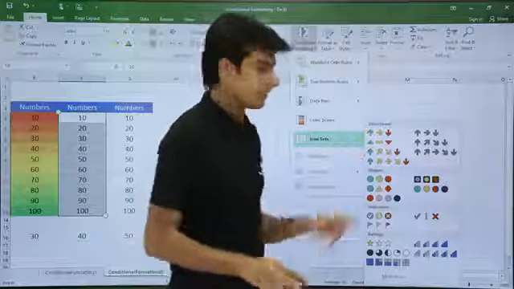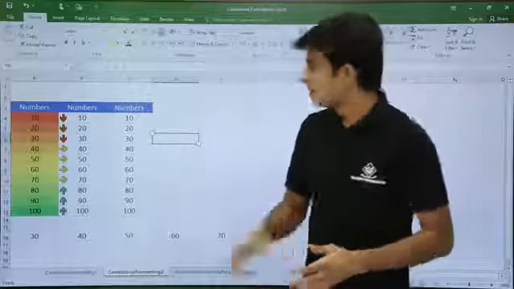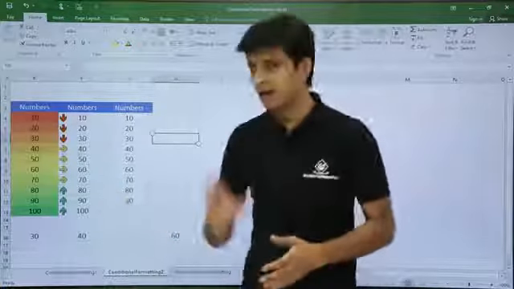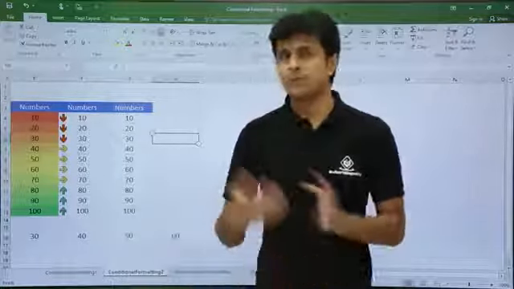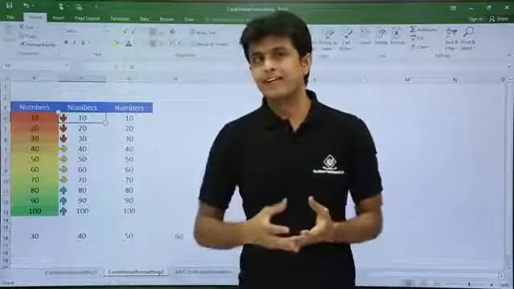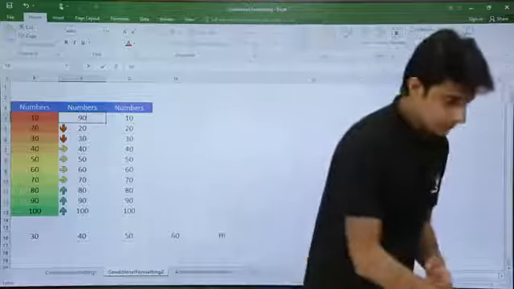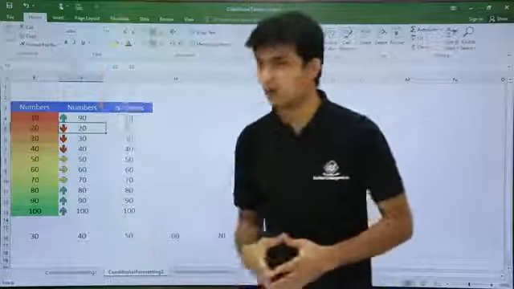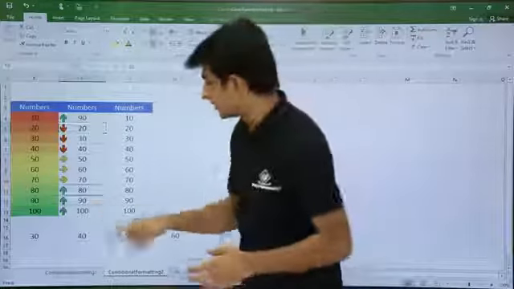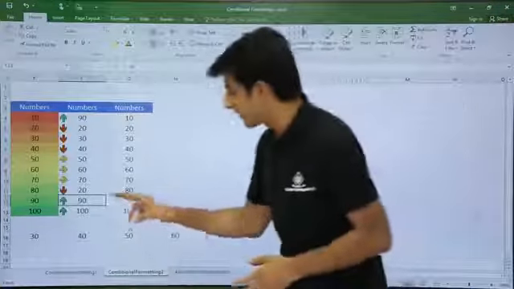Right now I'll go with the basic one, that is the 3-tier option. Now if you see on the screen, these are changing according to the values. So for lower values the arrows are down, for middle values the arrows are in the middle, and for higher values the arrows are on the top. This can also be customized, but in the advanced conditional formatting. But in this space these are the only options available. Suppose this 10 value increases to 90, what will happen to the arrow? So when I press enter, see the arrow, it has changed automatically. So the rule, or the conditional format, is applied to the cells. So whatever values are changing in the cells, suppose this 80 value becomes, let's say 20, you see the arrow has automatically changed.